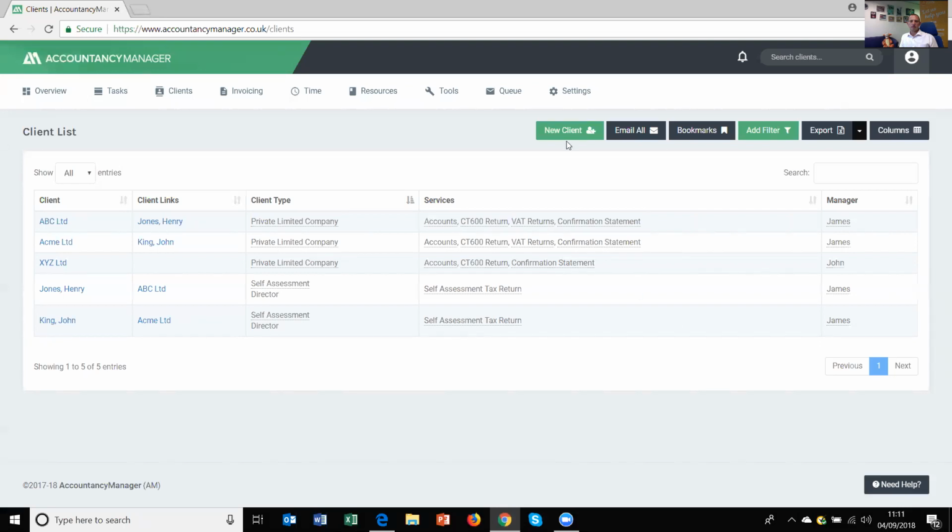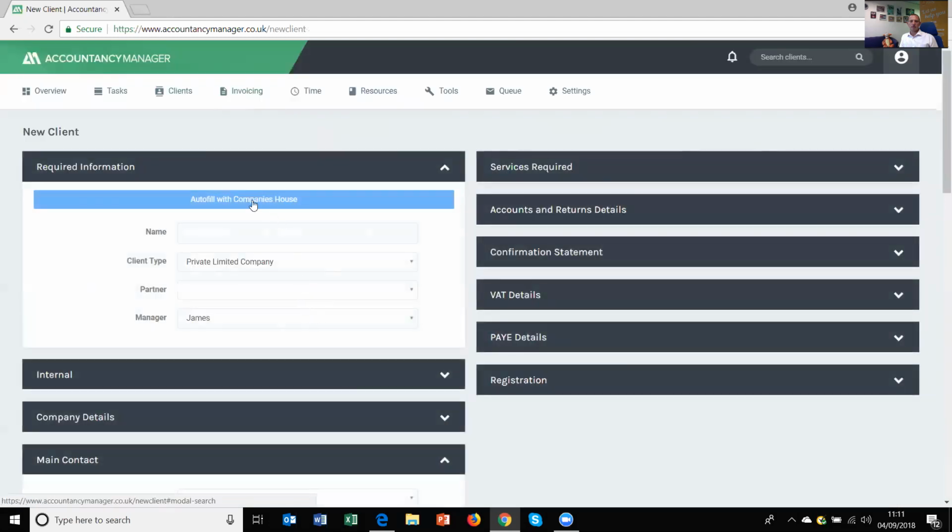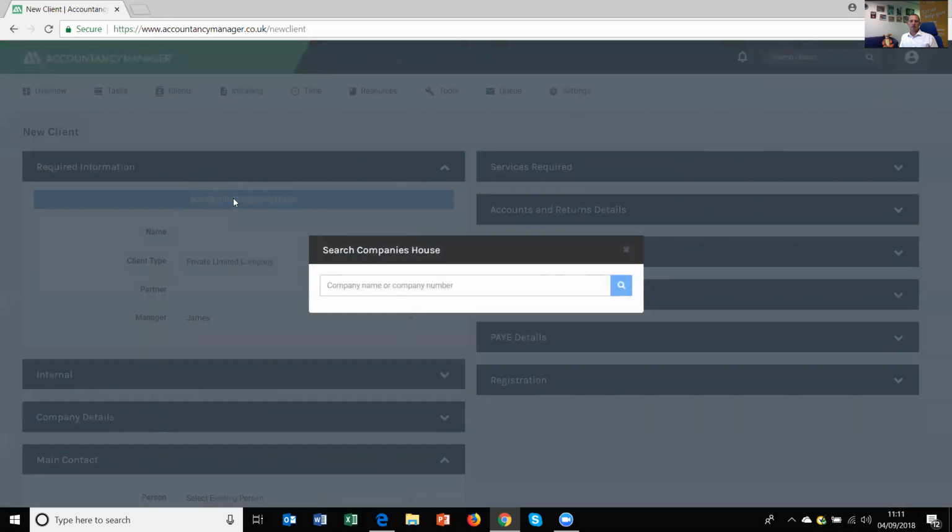So to add a client, I'm in the client section, so I could go from here, new client, or if I'm somewhere else, I could hover over client and pick up new client from here. So we'll pick up new client. Okay, now if it is a limited company, I can speed the process up by using the autofill from Companies House. So here I would type in the name of the client, or partial name of the client,